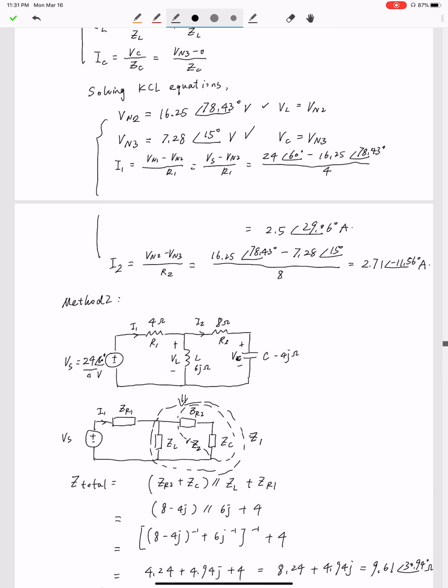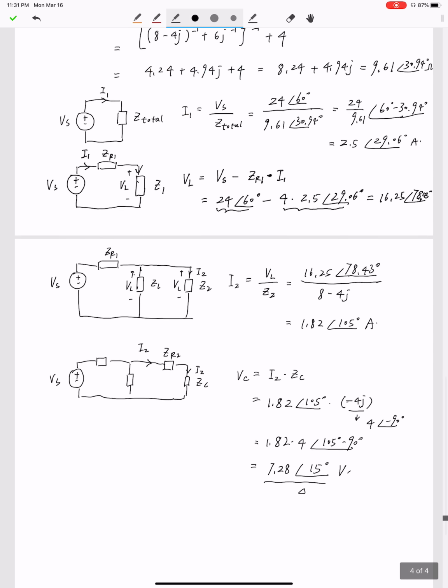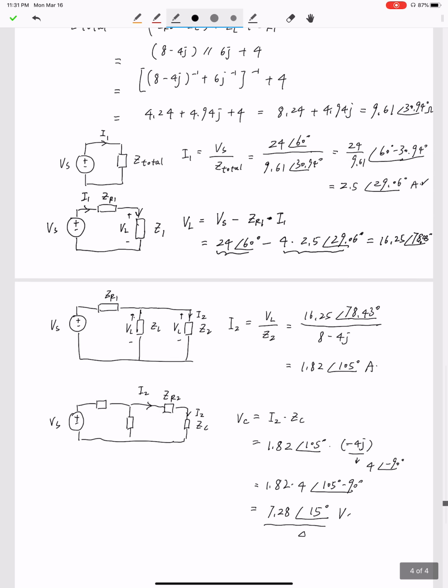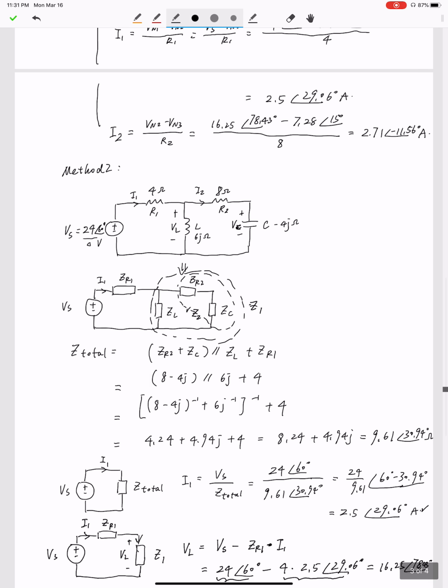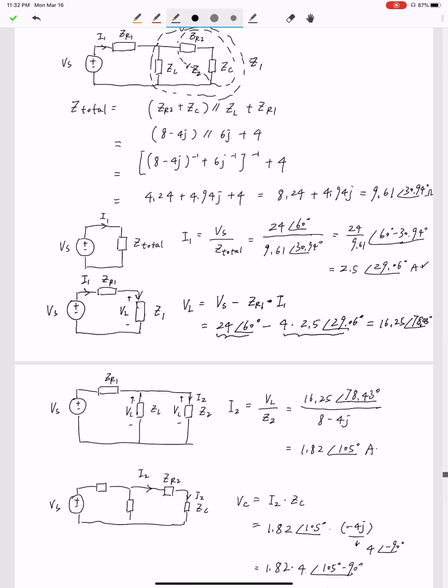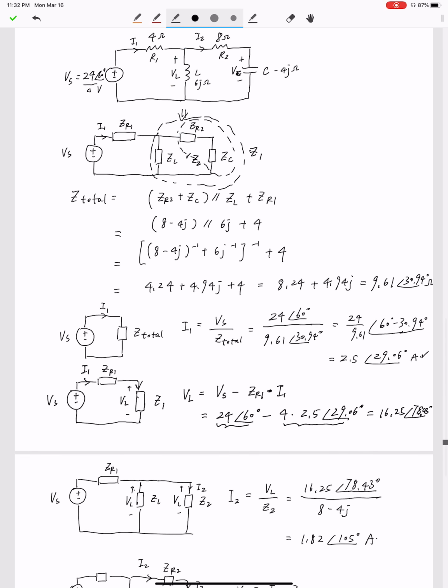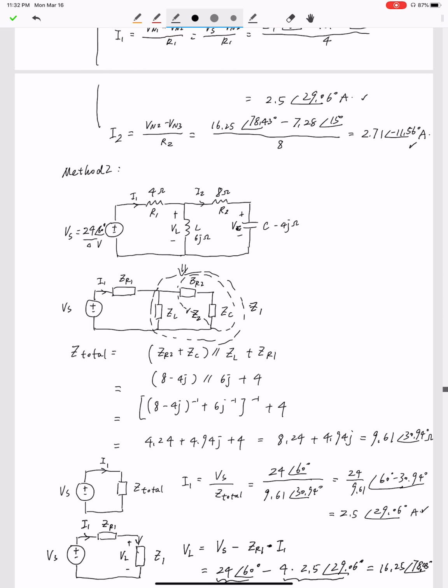That's also the same. How about currents? I1 is 2.5∠29 degrees, which is the same as before, and